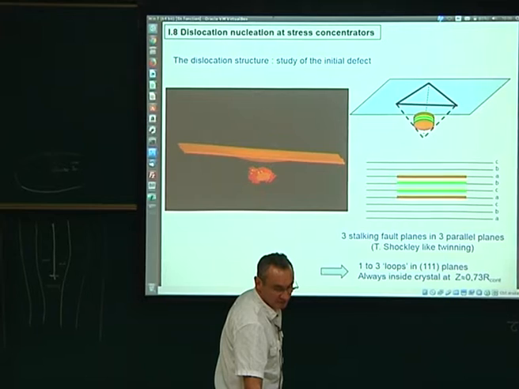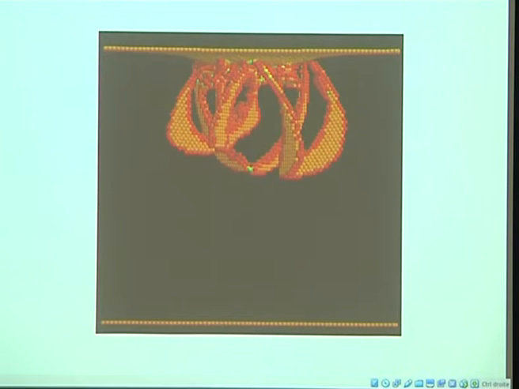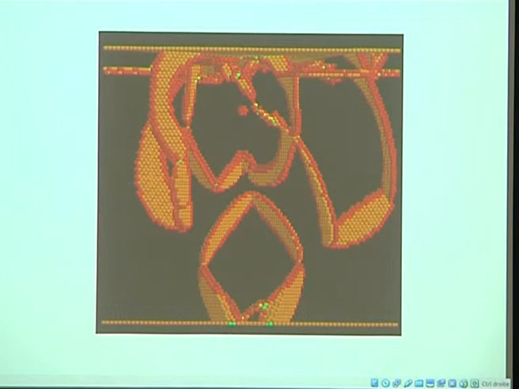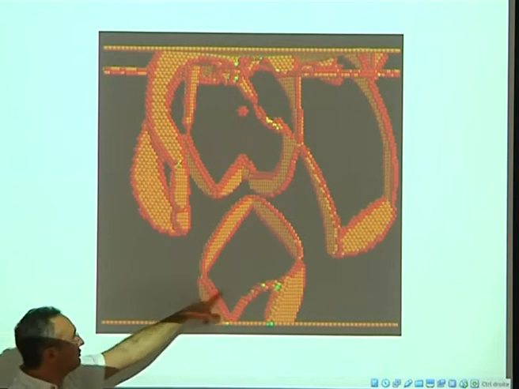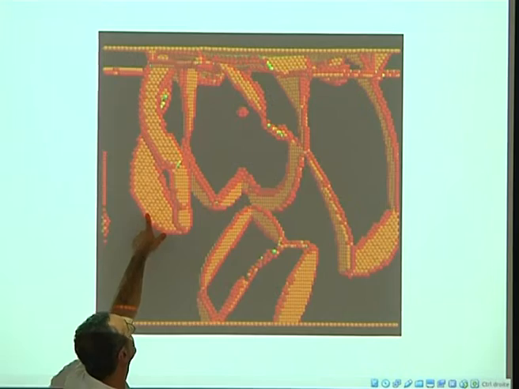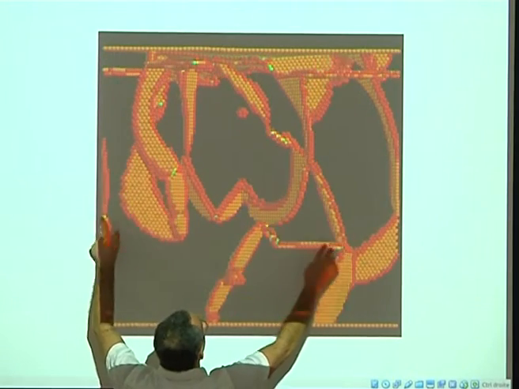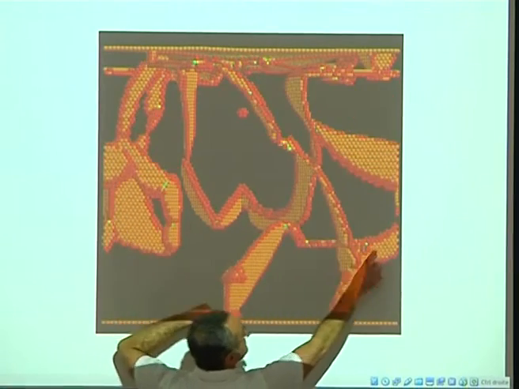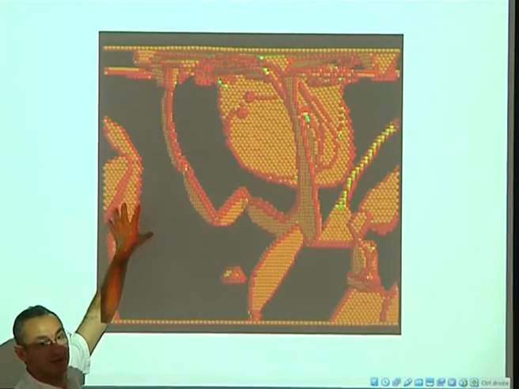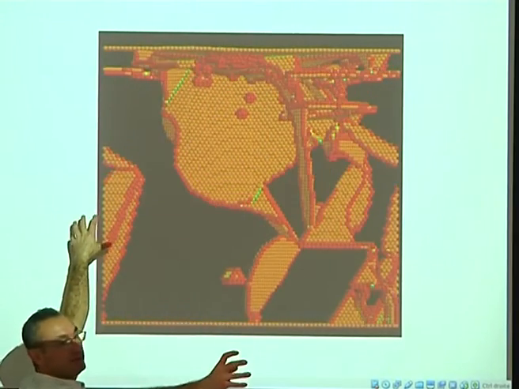If you go further, later on, if I go on with the movie and keep loading the sample, do you see what happens? You have a strange thing here which appears, another here, and a third one here. Those two do not expand just because of periodic symmetry, because this one will go back here. So because of symmetry, those two interact, and this impedes the dislocation from propagating.